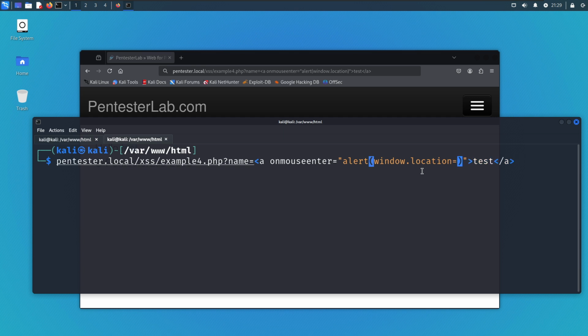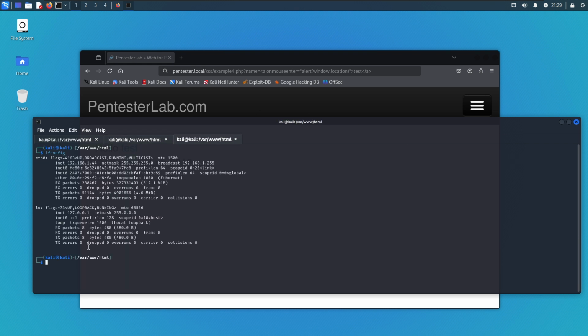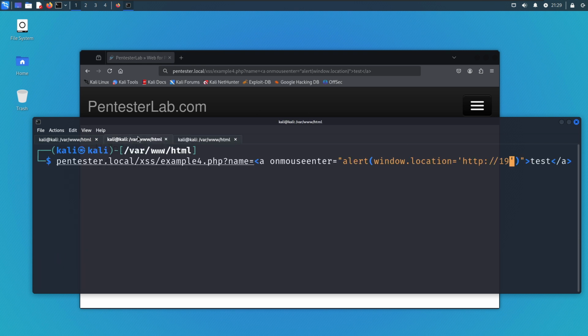add the link or the URL. I don't know if this will entirely work because when I do alert, it's going to do window.location is equal to, and it's going to give me that. So if I don't know, okay, what is my address here? Let me just get my address. So it's 44. Okay, so